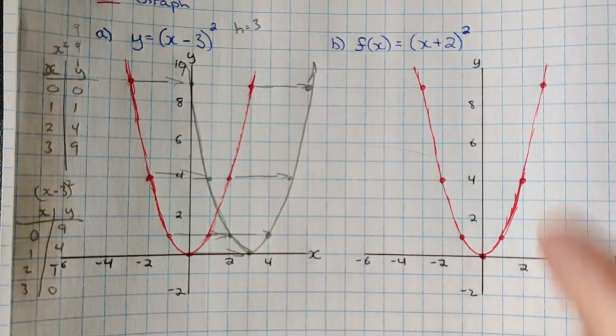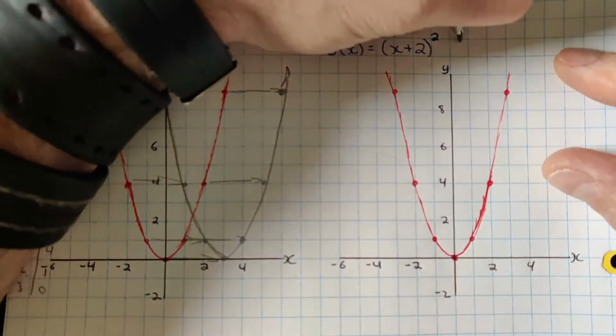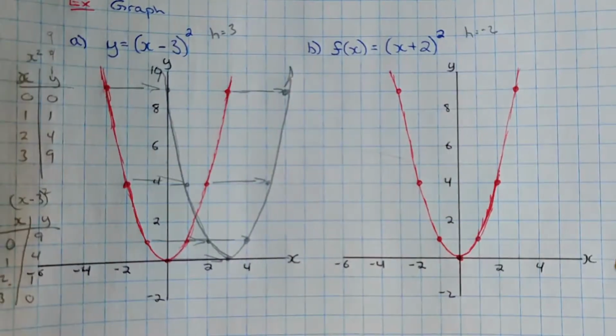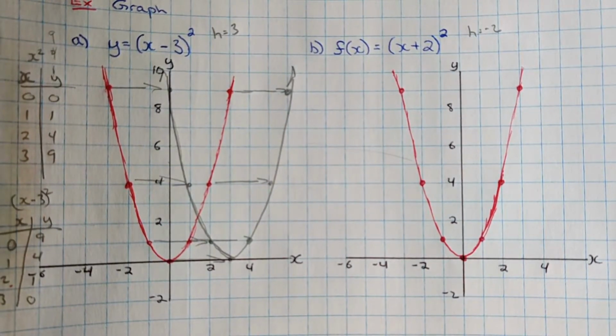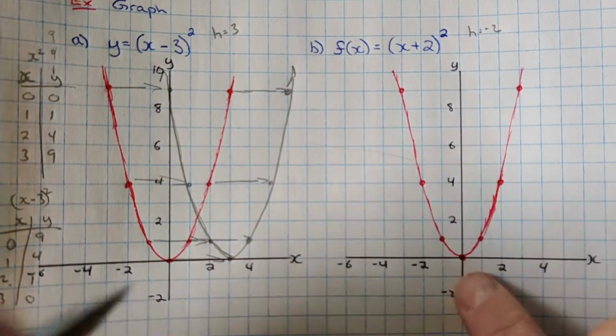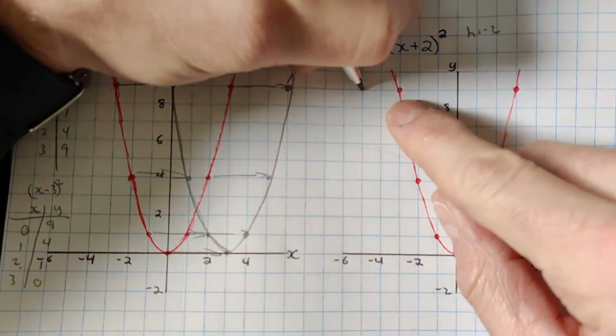The opposite works when it's a positive number. So in this case, our h value would be negative 2. So everything's just going to shift to the left. It's going to go back 2. So if I take each of these points and I slide them back 2,